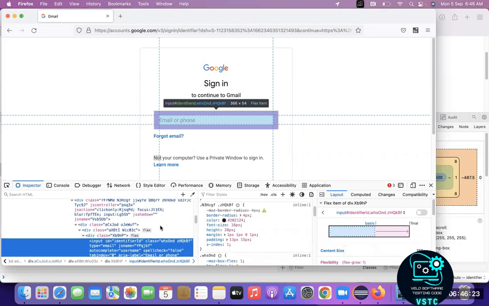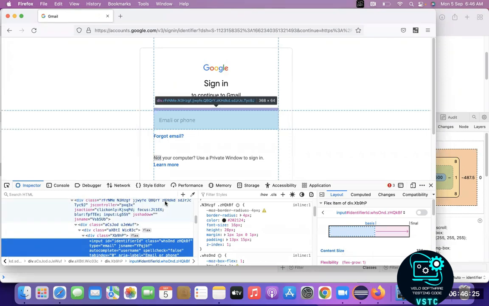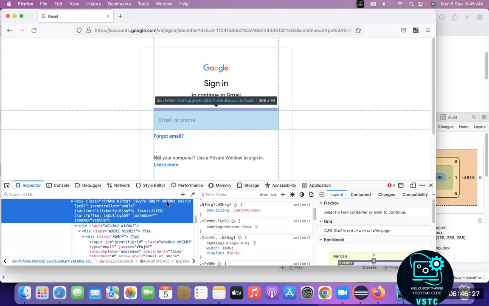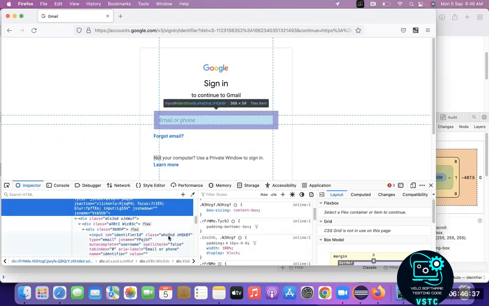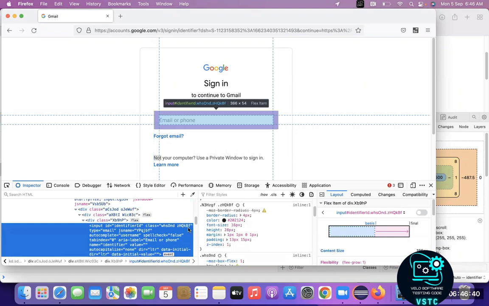Okay. So it is not, see here they have used the same style. See, for this div also, they use the same style. This is another one, I think. Let me show you. So these styles are not specific to a particular tag. If they want to use the same style for another tag, they can use it. So class is not the unique thing which you can use to find a particular element, because class means styles